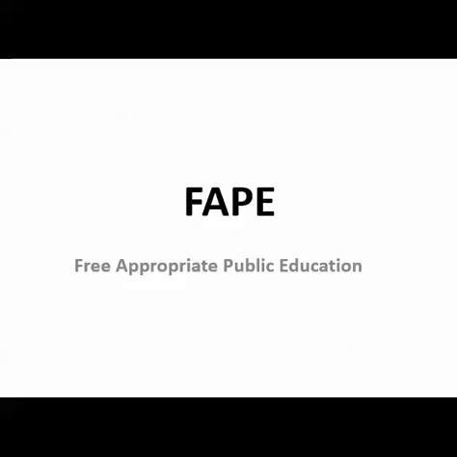The inclusion of FAPE in the IDEA in 1975 was an important focal piece of the legislation. Congress was addressing the overwhelming number of children, about 1 million children, that were being denied access to an education. Remember that the legislation is a reflection of the intent of Congress, and it's usually very broad. It's not specific.